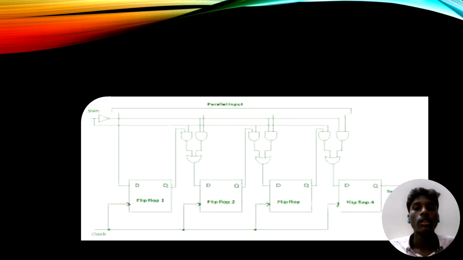Now I will explain the working of a 4-bit parallel in serial out shift register as shown in the circuit diagram. The circuit consists of four D flip-flops labeled FF1, FF2, FF3, and FF4. Each flip-flop can store one bit of a binary word. Each flip-flop is controlled by a common clock CLK signal, ensuring that all flip-flops operate in synchronization. There are also parallel input lines, and OR logic gates are used to control whether data is loaded in parallel